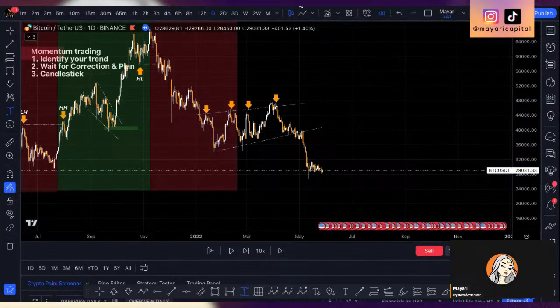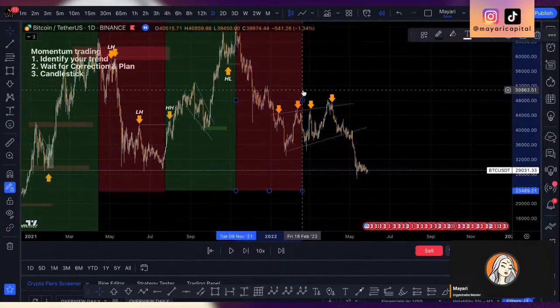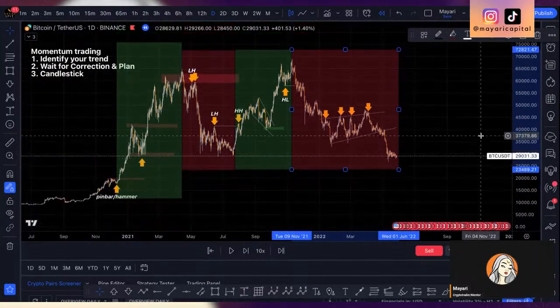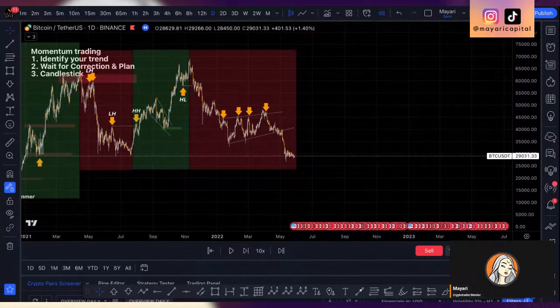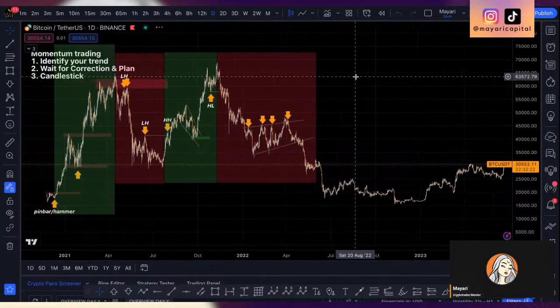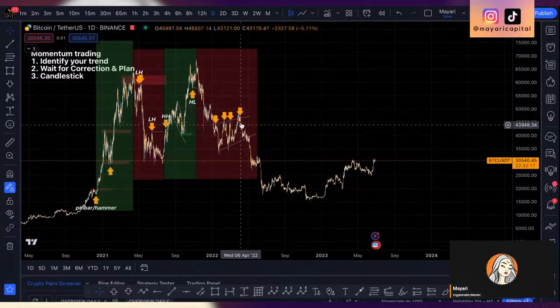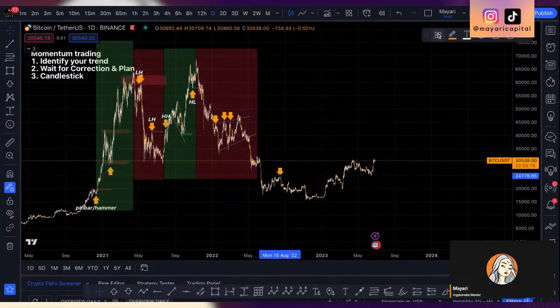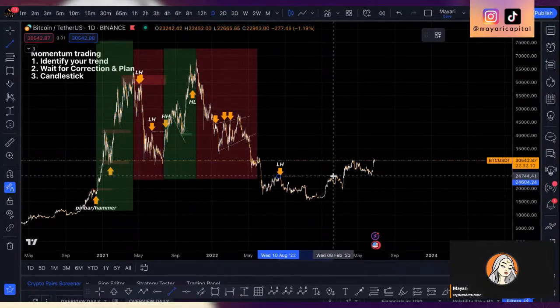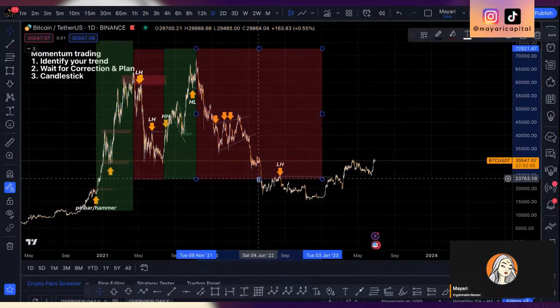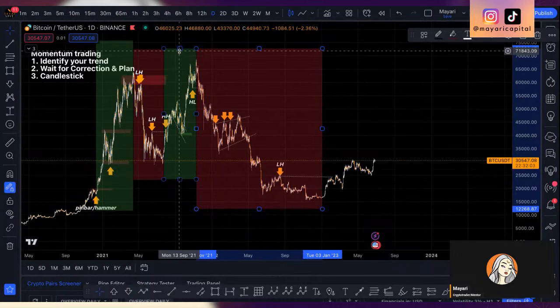40% down. 40. Okay. So still we are in a downtrend right here. Yeah. Still in a downtrend. And let me remove this so we can go over here. And at this point of time, this is the last lower high right here. Last lower high. Right here we just broke that, ending the long cycle of bearish